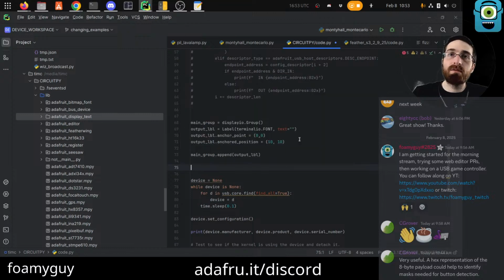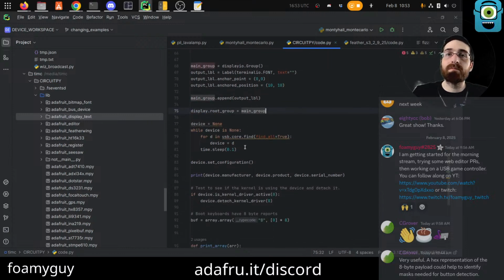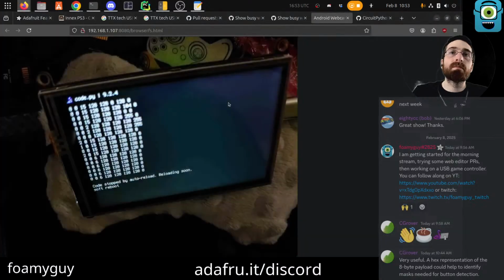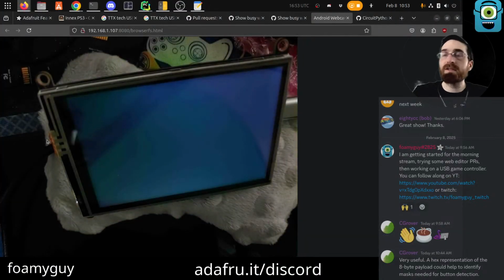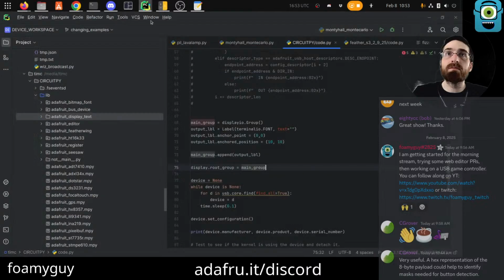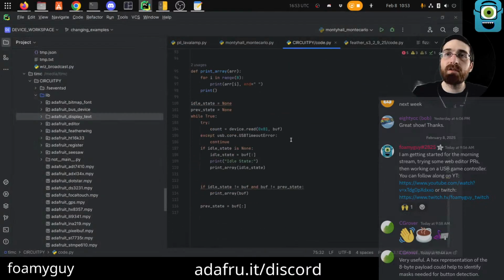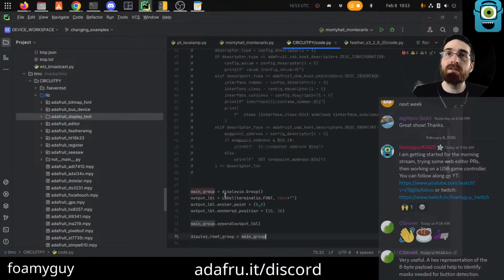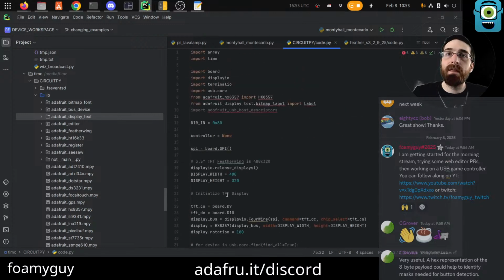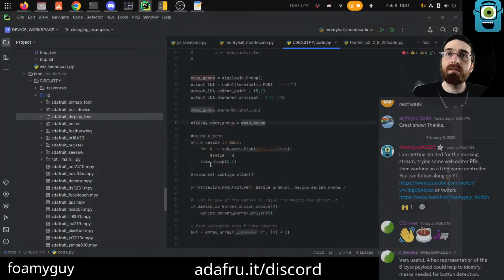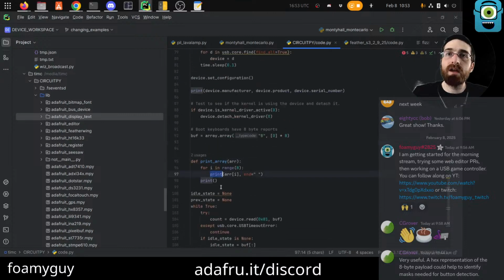And display group main group. Now we're not showing the serial anymore. Oh, never mind, just set the text though. Now we're not showing the serial anymore. We're showing our label. So what we can do is change print array here to not output to this,